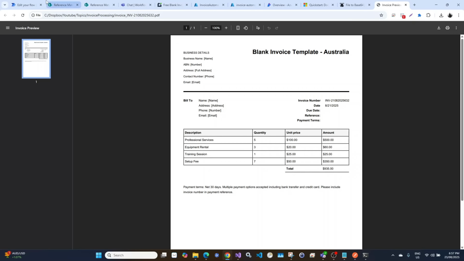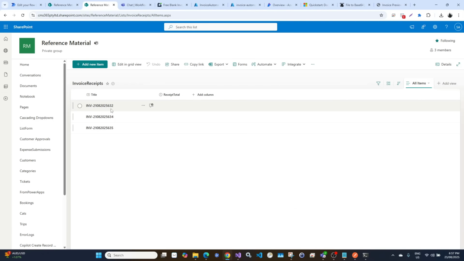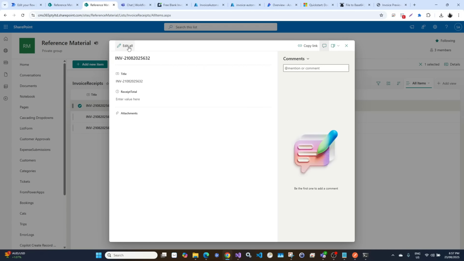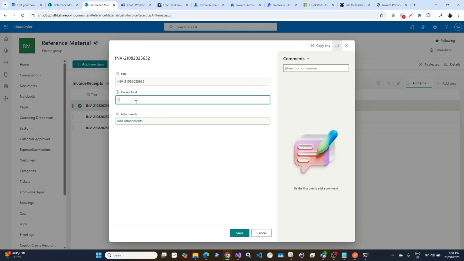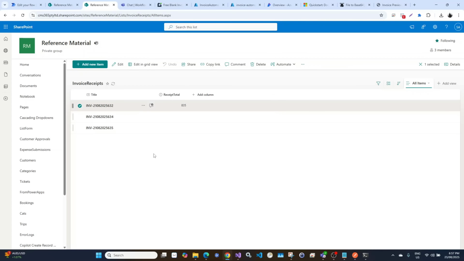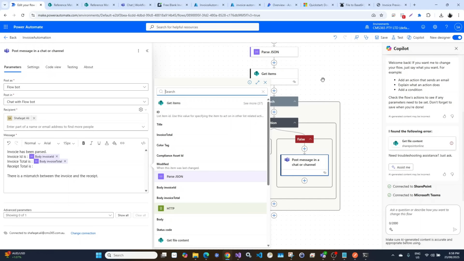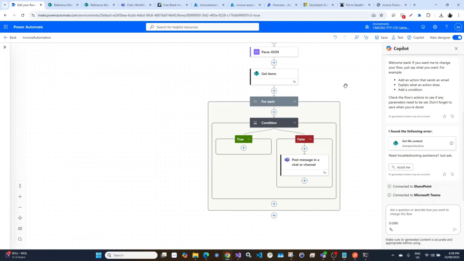The total is 935. We are making it 835 just for testing. So now this one is the receipt total. We might need to